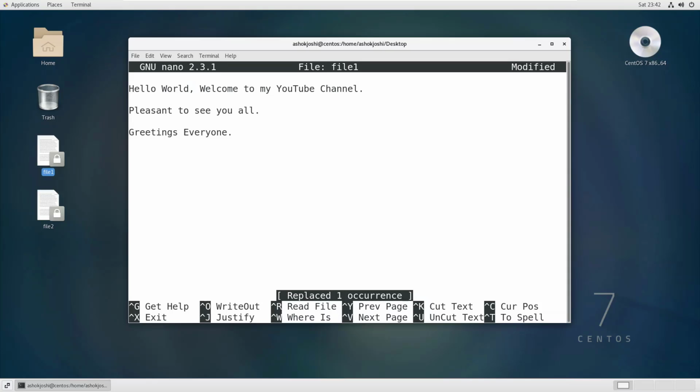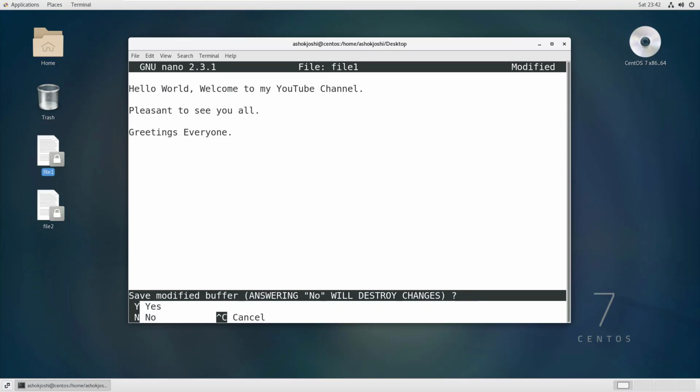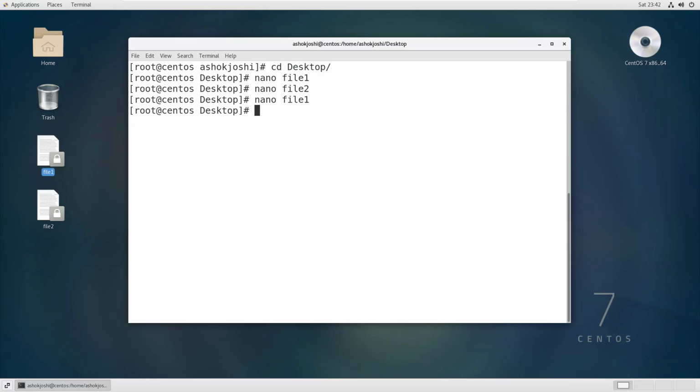Now the next thing that I will show you is that the Nano text editor has another very good feature that checks the spelling, whether you have written correct spelling or not. But if you want to use it, it should be installed in your system. Modern Linux distributions will have this spell package, and if you don't have it, let me just save and exit out of this file.